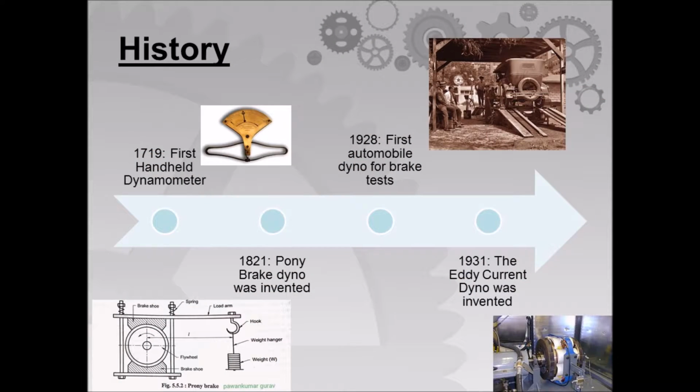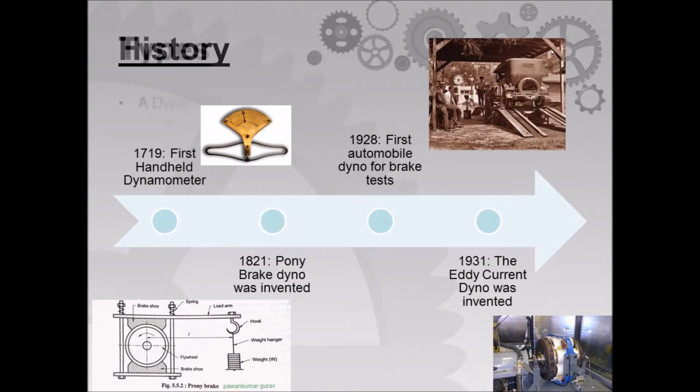In 1719, the first dyno was invented as a way to measure human strength. Then, in 1821, the pony brake dyno was invented as a way to measure work using weight and friction. It wasn't until 1928 that the first automobile dyno was invented. Then, in 1931, the eddy current dyno was invented. This is the most common type of dyno found today and will be discussed in greater detail later in the